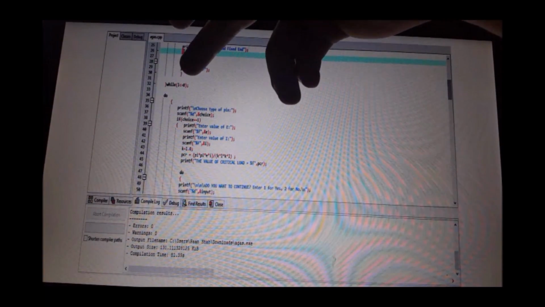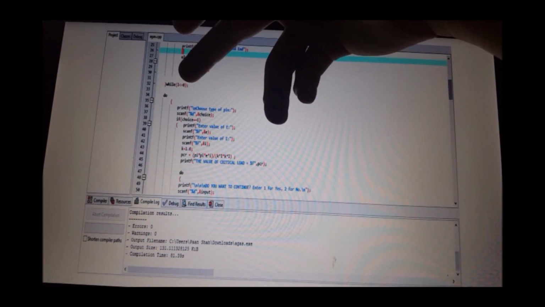So if the value of L is more than 0, printf will let you choose whether it's pin end, fixed end, free end, fixed end, pin and fixed end. And then we'll continue with the else, which is if L is less than 0 or negative, the program will show error. So while doing that, we use while, so when L is less than or equal to 0,